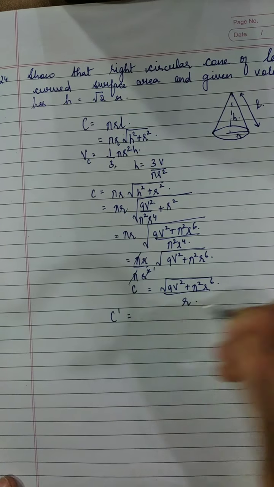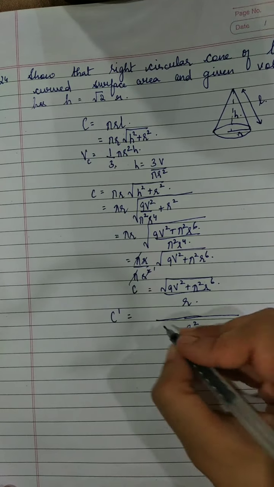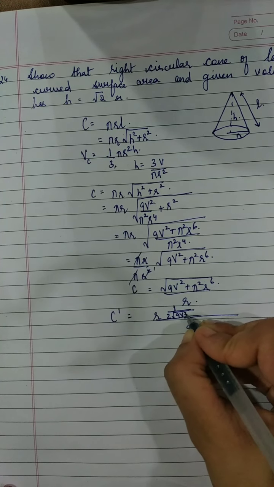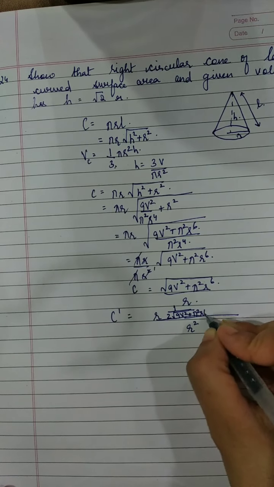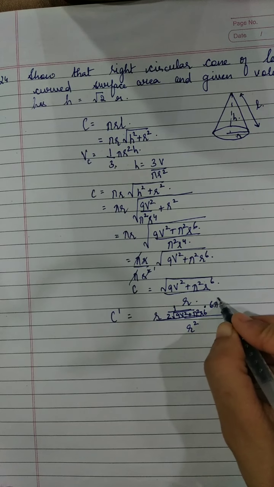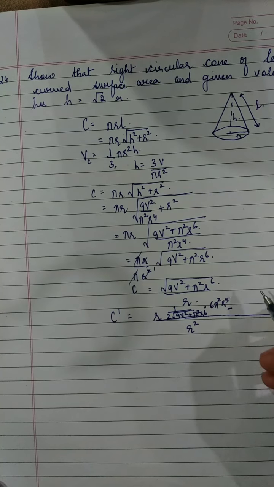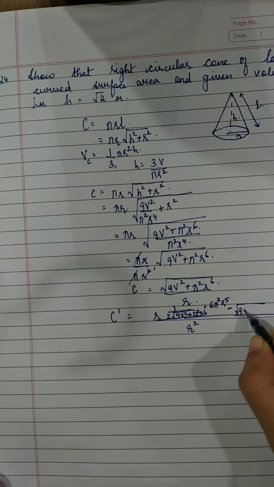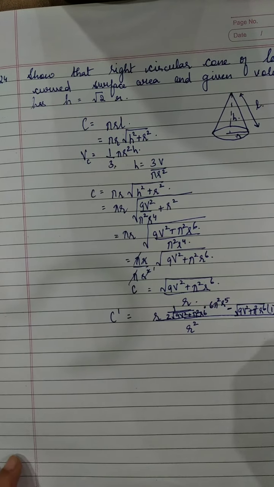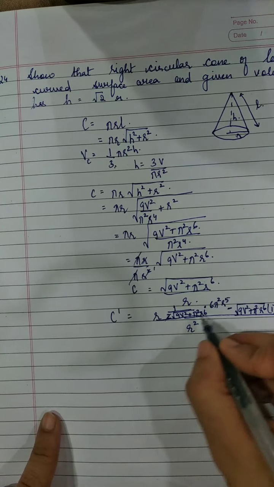So let's find out C dash. This can be easily found out. This is r square, quotient rule. This is r. Derivative of this is 1 upon 2 under root of 9v square plus pi square r to the power 6 into derivative of this, which is 6 pi square r to the power 5, minus this, which is under root of 9v square plus pi square r to the power 6. Derivative of r is 1, right? So this is r into, right?